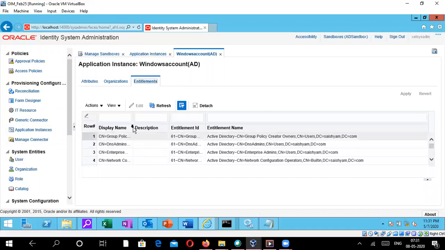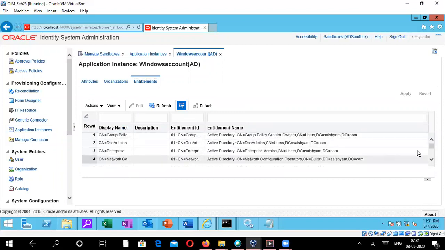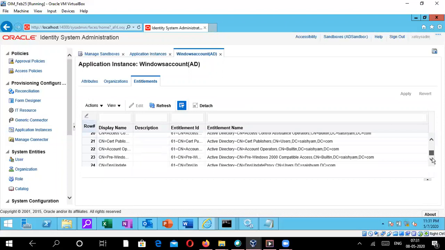Because we fetched the lookup definitions, these are some of the entitlements that currently exist in Active Directory, whatever we set up earlier.